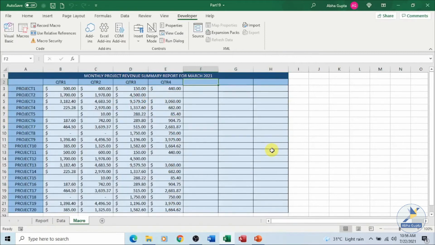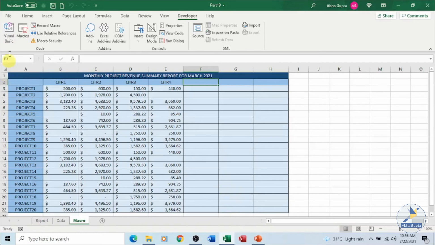With the simple click of a mouse button, I just clicked on run, and the task is being done for me. The entire formatting is being done for me. So this is a very easy and handy feature which can work for you. It saves your time. You don't have to do a lot of things again and again. This was a simple thing. Maybe you are inserting charts, you are doing other calculations, any kind of calculation if you are doing over here, like I left these columns, that can also be recorded. That will be done for you.